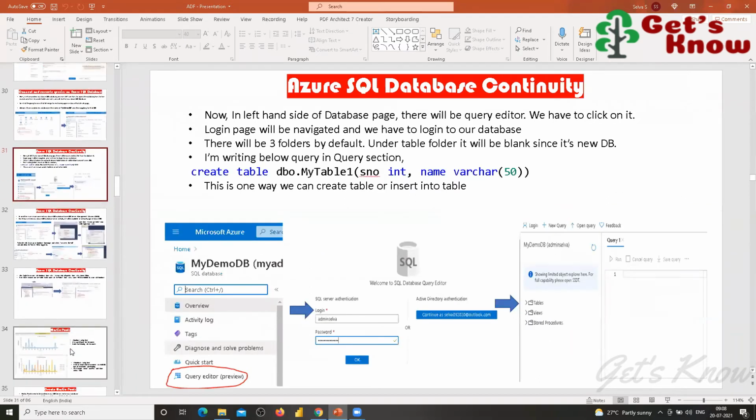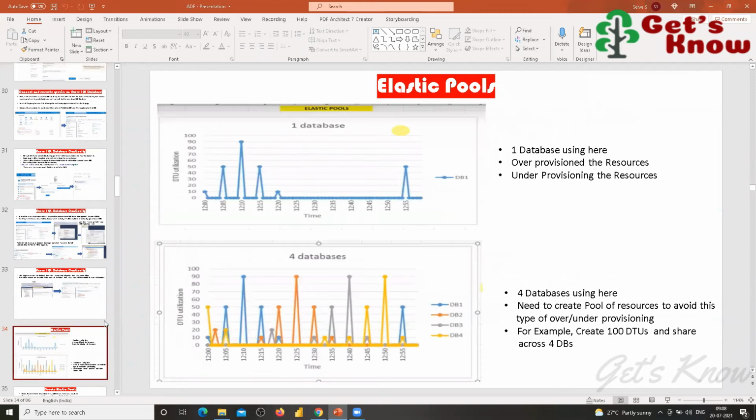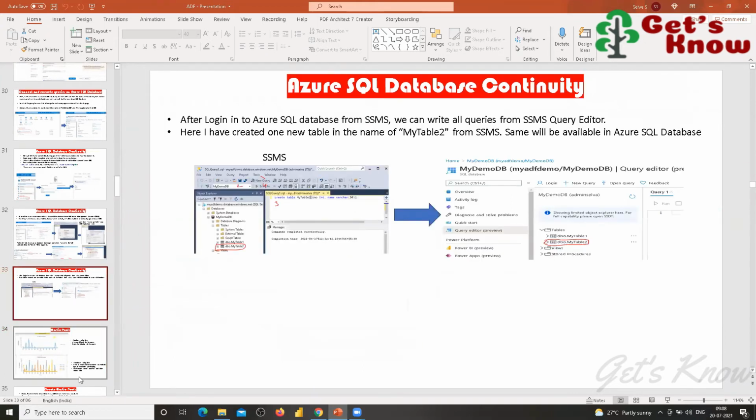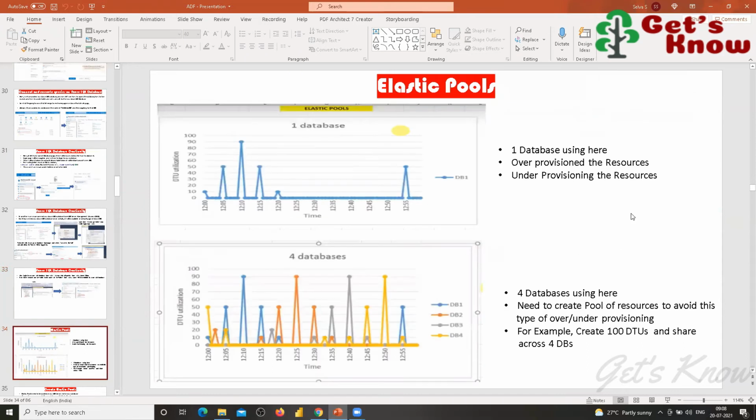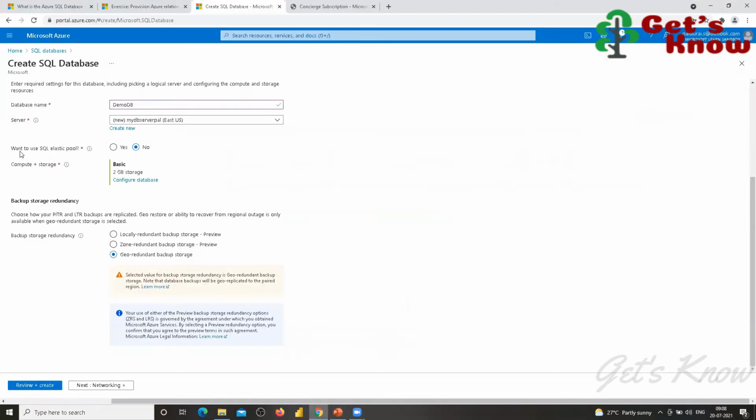Rest of the things we will see later. Now come to this Elastic Pool. Here they are asking whether we want to use this elastic pool or not, right? If you want to choose no or yes, first we should know what an elastic pool is.